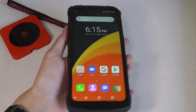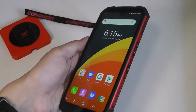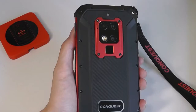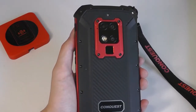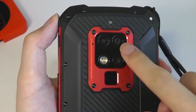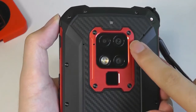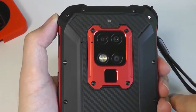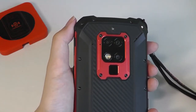Constructed really like a tank with these titanium edges on the sides, in addition to having military specifications for shockproof, waterproof, solar radiation proof, it also packs in a triple camera array on the rear with a 48 megapixel main Sony lens, along with a wide-angle lens, which is 16 megapixels, up to 118 degrees field of view, and an 8 megapixel telephoto zoom lens. The phone also comes with pretty much all the sensors that you can possibly expect, including